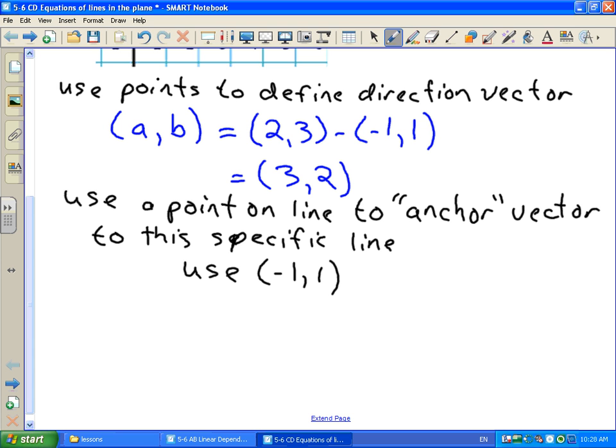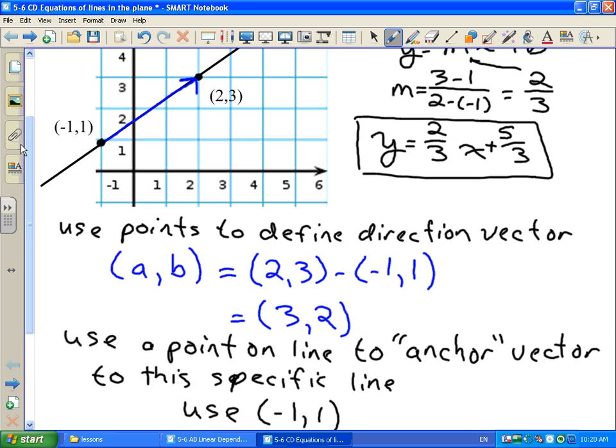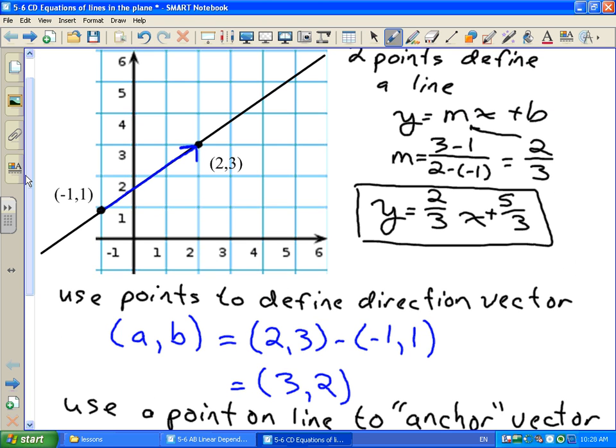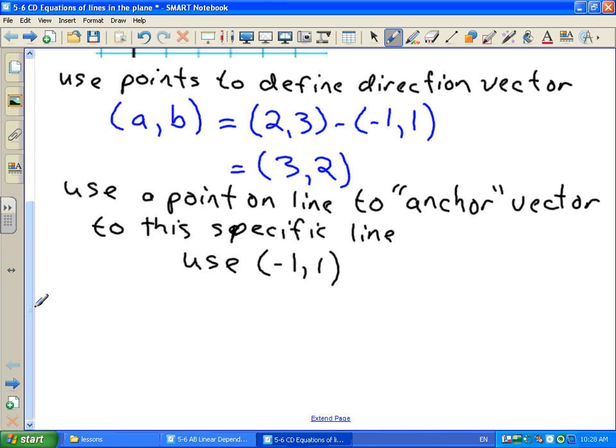If we wanted to get a bunch more points on the line, we could start from this point, negative 1, 1, go in this direction given by this vector, AB, 2, 3, and we could just keep going further along the line. So if we took this vector AB, made it twice as long, instead of stopping here, we would stop at some other point way up here, okay? If we just make that vector longer. And the way we can make a vector longer is we multiply it by some scalar. This vector from here to here would be a scalar multiple of this direction vector that we defined here at the beginning. Okay? So we can say,